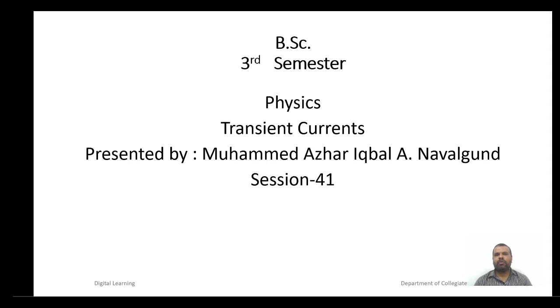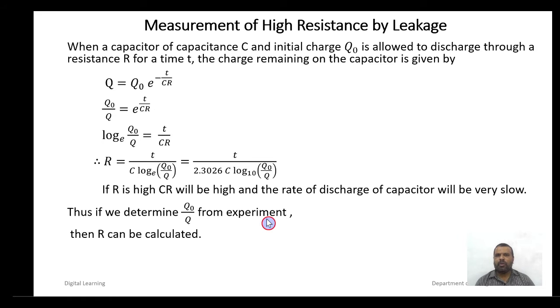Today we are going to study the continuation part of the transient currents. Today we will study how to measure high resistance by using the leakage method, or measurement of high resistance by leakage. When a capacitor of capacitance C and initial charge Q0 is allowed to discharge through a resistance R